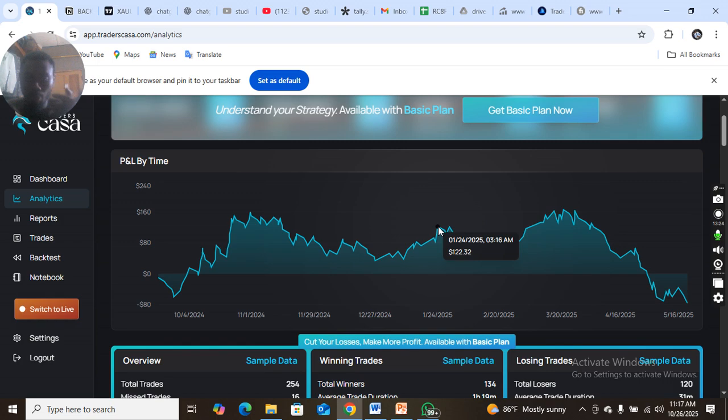So on the 1st of January we were still up in profits, and then we went through another losing streak again, right? And then up, and then it came down starting from March. So from March it went down again, right? All the strategies are backtested so far from March. Any strategy that was able to survive the period of March, April, May, June, July,